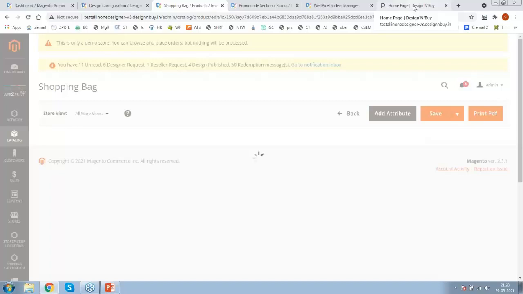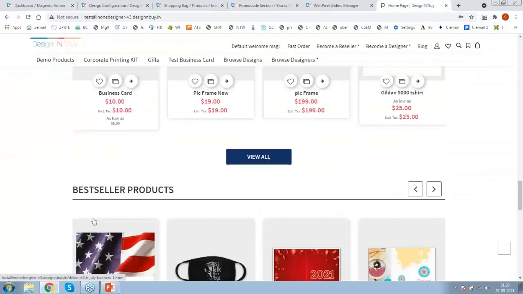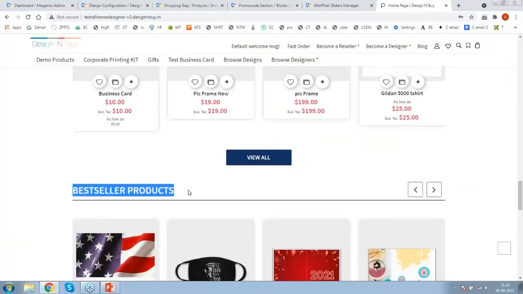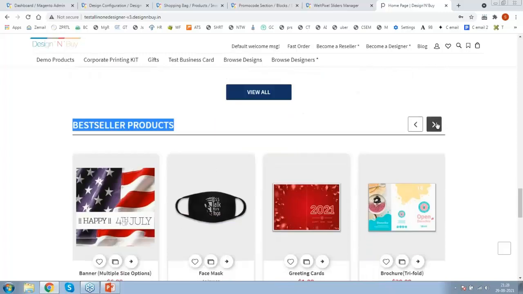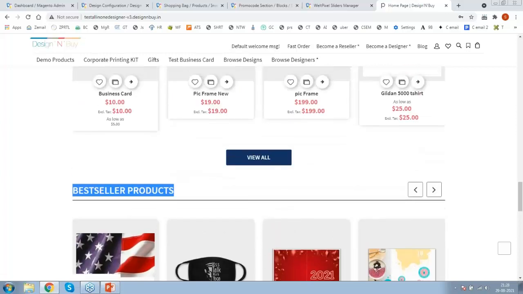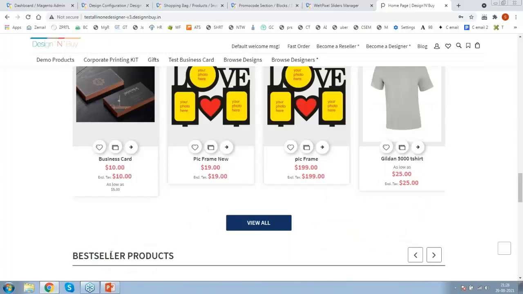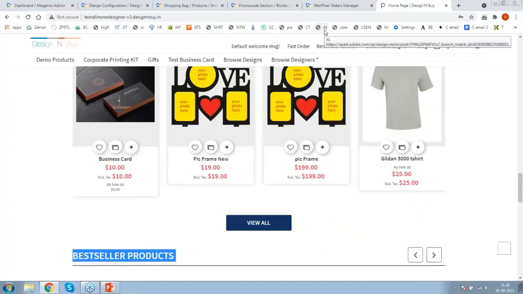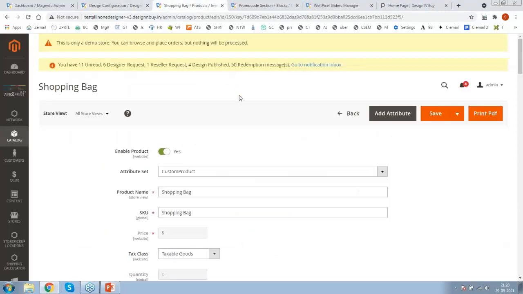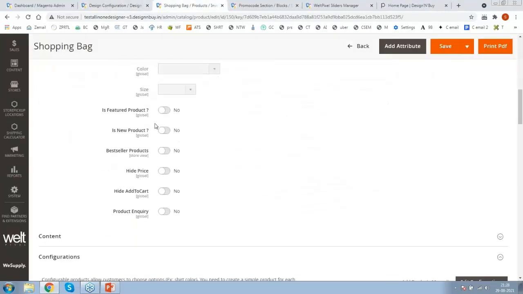But I'm talking about right now the widget. Means let's say I want to rename this title. I want to enhance the view. Right now it is showing 10 products. I want to show 20. I want to remove totally this entire section. Let's say I don't want this section anymore. New product I want to remove totally. So how we can manage that part? Right now, first of all, this product I can simply turn off. Let's say I want to show feature, turn on, new product, turn on, bestseller, turn on.